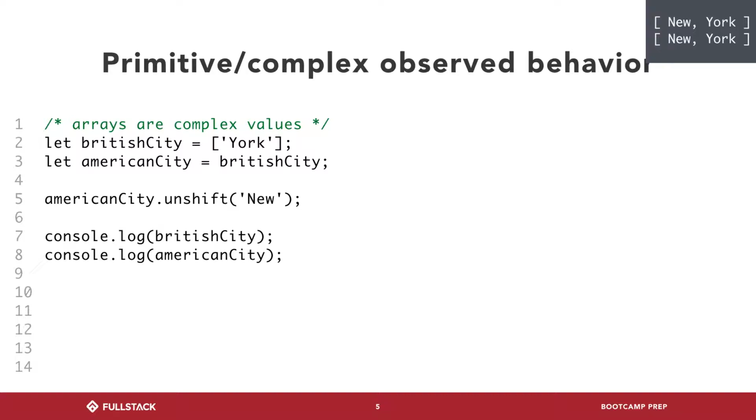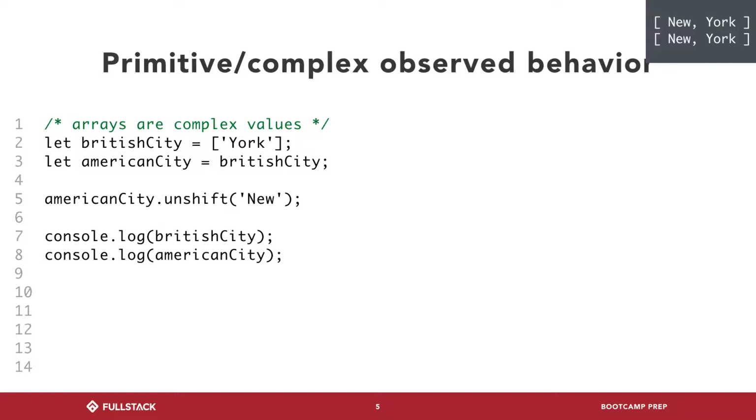And so that's why here on line 5, when I do American City.unshift new, I go to American City and I say, hey, whatever value you have, I'm going to assume it's changeable, and I'm going to add new to the front of it. So now I delete this, and I add new as the first variable, and then York now becomes my second